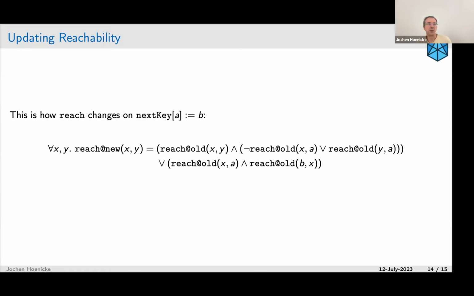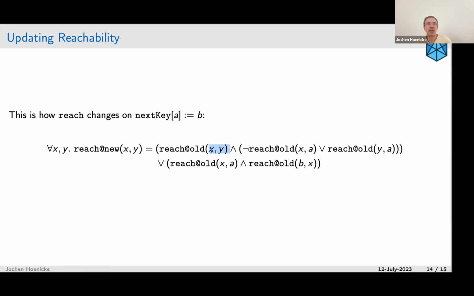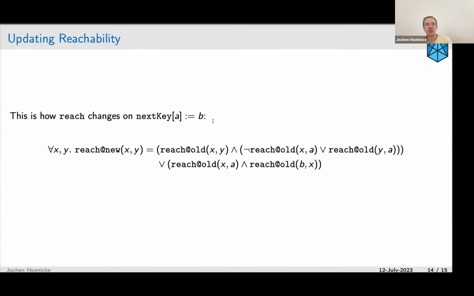So this is a universally quantified formula because this reach may change at more than one position, and we compute the new value of reachability from the old value of reachability. The new value is marked with @new, the old value with @old. And then we say that x is reachable from y in the new state if it was reachable before, and it was not disturbed by changing this pointer, which means either A isn't even reachable from x, then y should still be reachable from x,